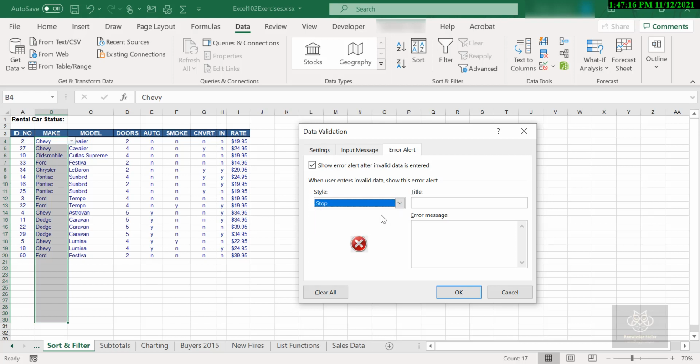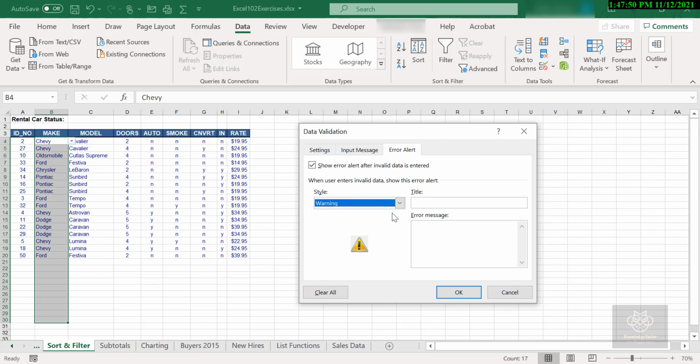But it's not only an icon, it's also the buttons that the user can click on once they get the error. You'll recall that by default it was stop, and it was a little X, and they got a retry and a cancel button. They had to put something in there that was valid. They could not say, no, you know what, I want that value, please continue. It was either retry or cancel. You cannot put anything else. It should be inside of that list. So that was it.